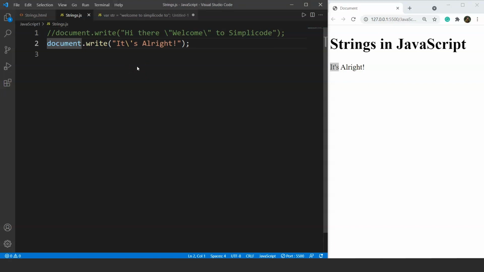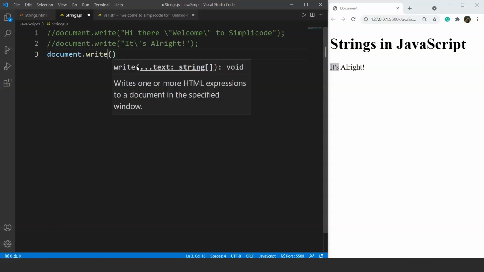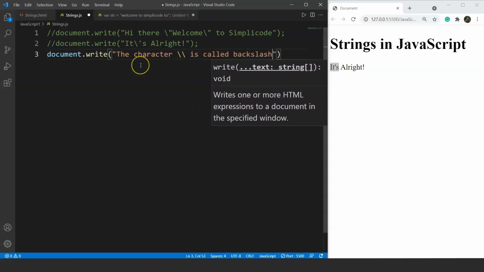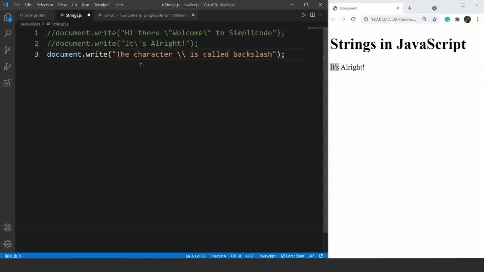Lastly, if we want to put a backslash in our string, if we want to show a backslash in the browser, the syntax for that will go like, we have the document.write, right? So here we will write the character and we'll use two backslashes, which is called a backslash. So let's try to print this. Here one thing you can note is only a single backslash is printed on the browser. The first one is used as an escape character and the second one which we have used will be printed